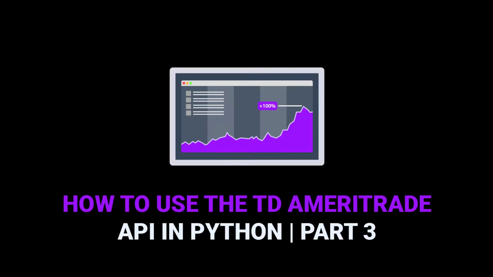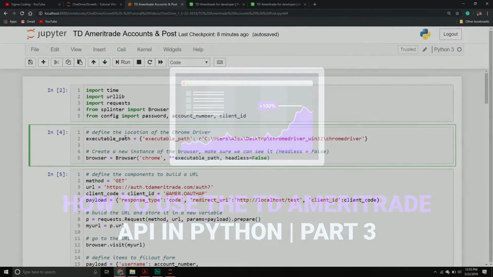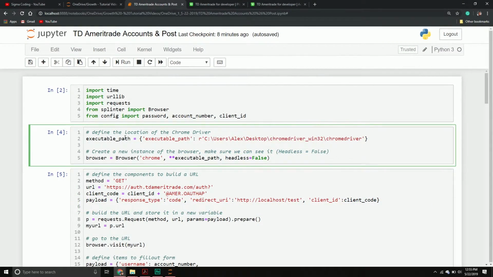We are gonna continue our discussion of the TD Ameritrade API. Apparently this was a very popular API with people. I was kind of surprised to see that. But in this particular video, we're gonna be talking about how we work with the accounts endpoint and how we work with